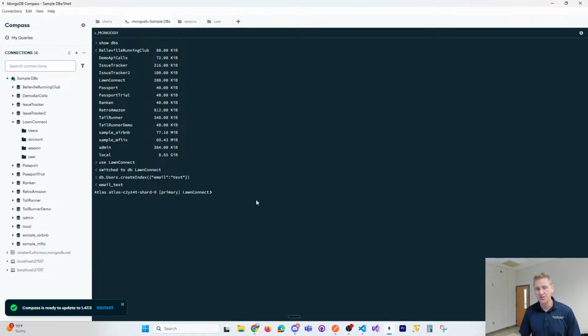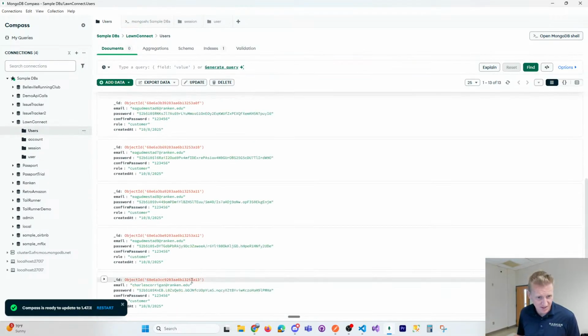Now that enables me to do a db.users.find, object, $text query, $search, quotes, Corrigan. And how matching does it have to be? That was not the full email, so it did not do a partial match. But if I do Charles Corrigan at rankin.edu,